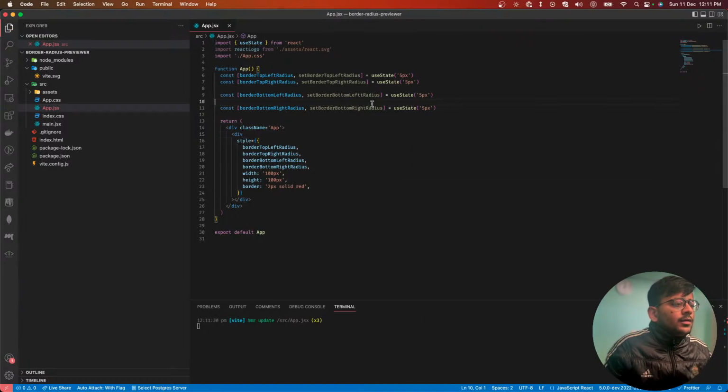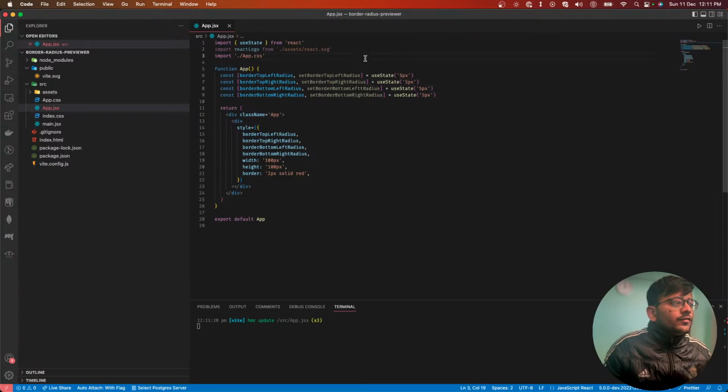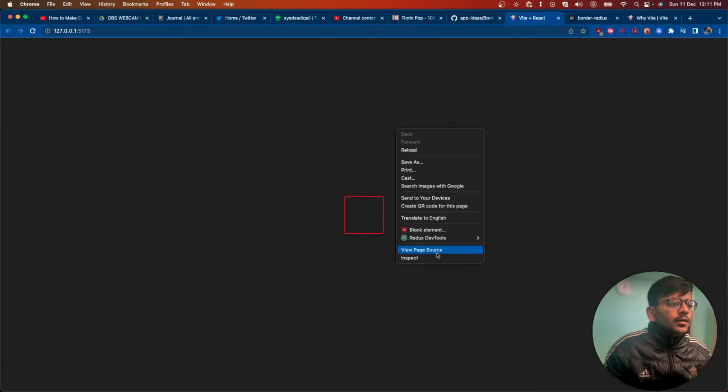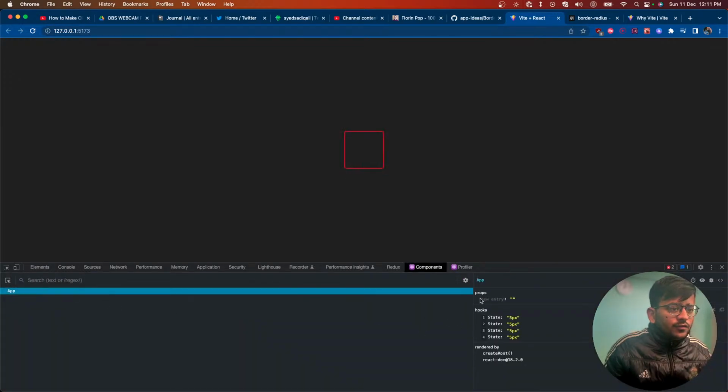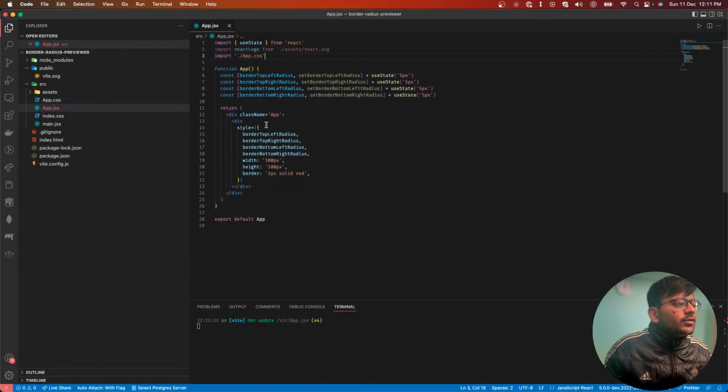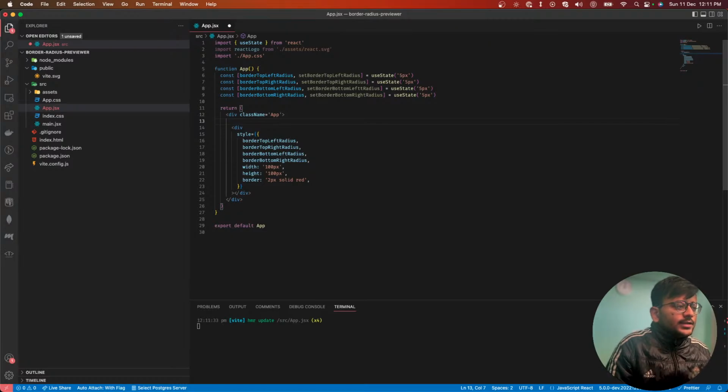Okay, nice. So now if we open the React Dev Tools, we can change this value dynamically from here to change the border radius, right? We can have 100 pixels, or anything. What we need to do is have some text fields to actually do that. So let's say we need to have